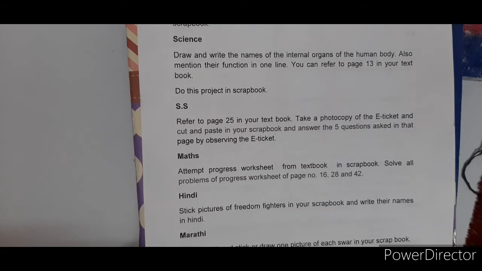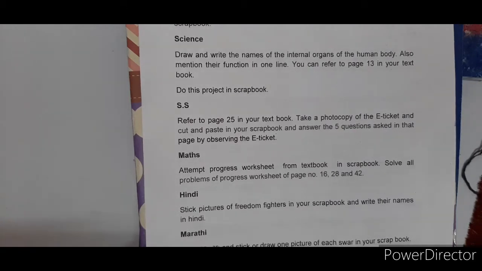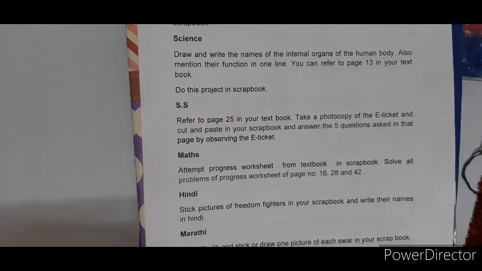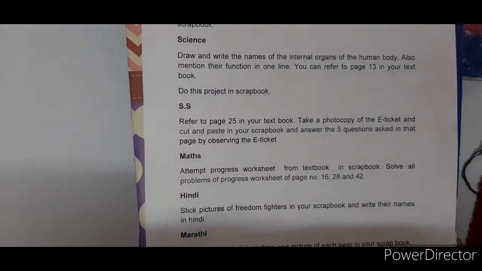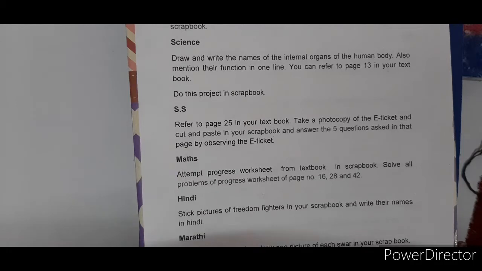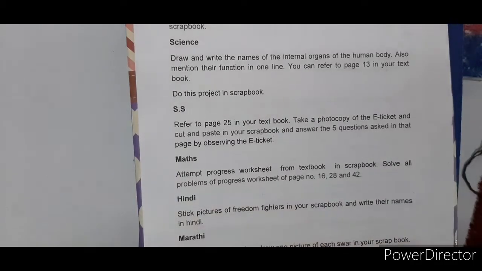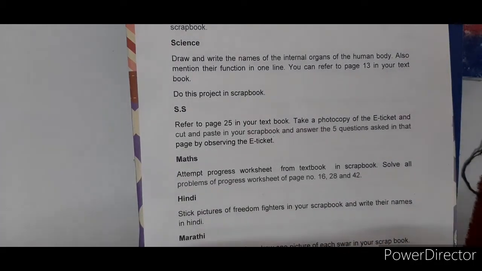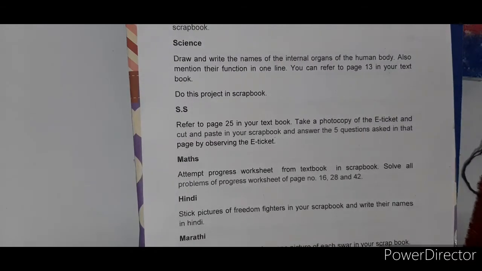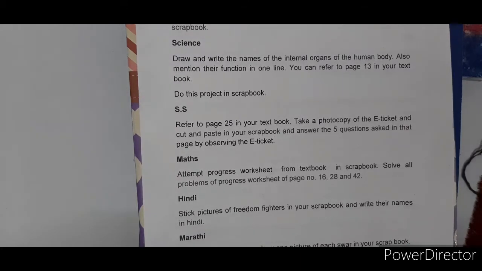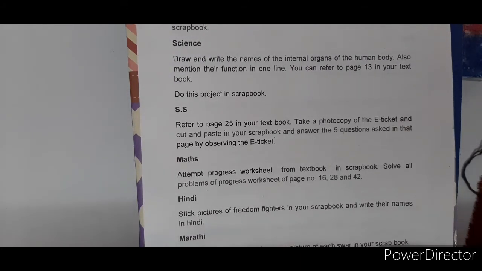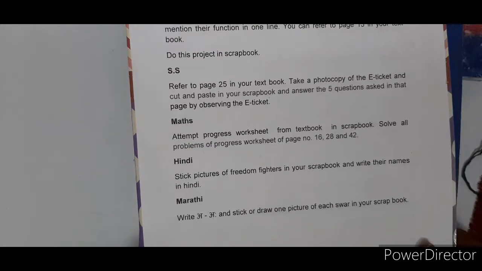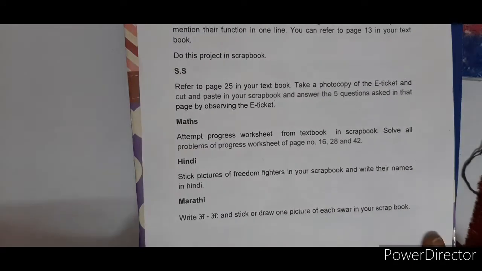Okay. तो स्वातंत्र्य सेनानी is the heading what you're supposed to give, because as it is in Hindi तो आपको heading भी हिंदी में ही रखना है. तो freedom is स्वातंत्र्य and fighters is सेनानी. तो स्वातंत्र्य सेनानी is a title and you have to write the names of the people whose stickers or photos you all are sticking in your scrapbook. Clear, children? Now let's go for the last topic, that is Marathi subject.